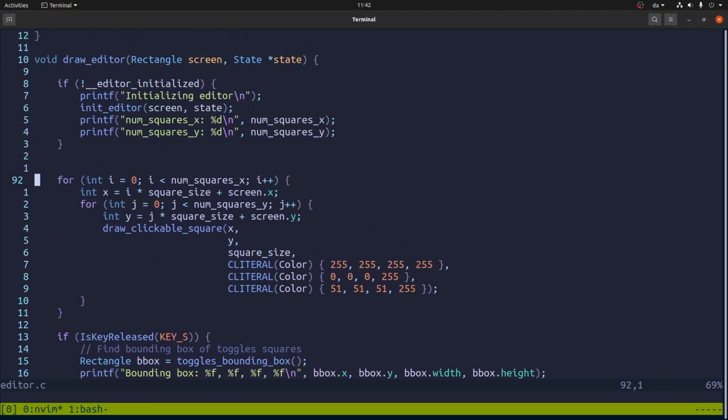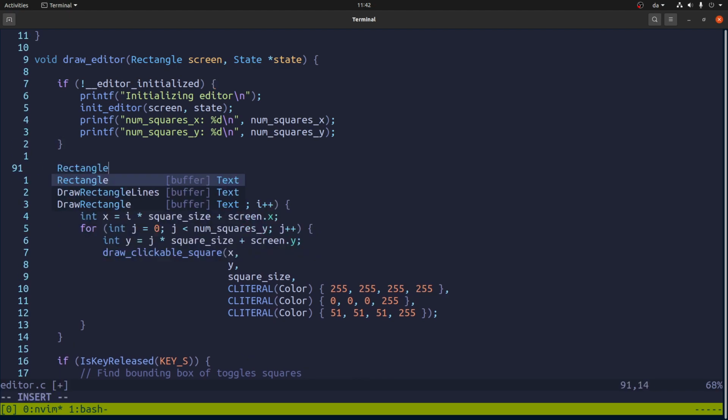What I want to do is here we just draw them starting from the top right of our drawing rectangle. But let's say I don't want that. So let's call it